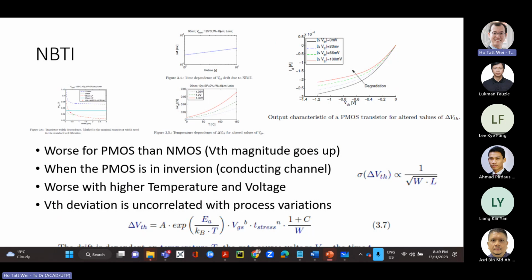What I mean to say is that if I have two transistors or two logic gates experiencing exactly the same stress for the same duration, the 2x size standard cell is not going to age as badly in terms of VTH. How much worse is proportional to 1 over W. And then the standard deviation is proportional to 1 over the square root of W. So you can get the factor of how much worse one transistor is.